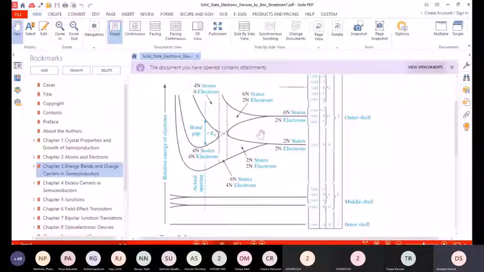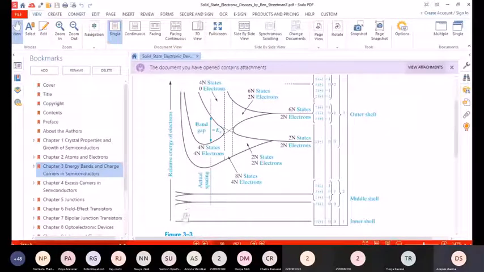So the formation of bands, that is the conduction band and the valence band, is basically happening from this phenomenon. And we have restrictions in the interatomic spacing also. Any two atoms cannot come as close as they want, so there is always a restriction between them. But here, if the interatomic space becomes very small, then even the electrons present in the middle shell will split in their energies, which is shown at this point, right?